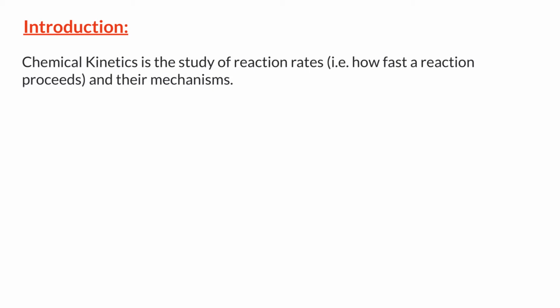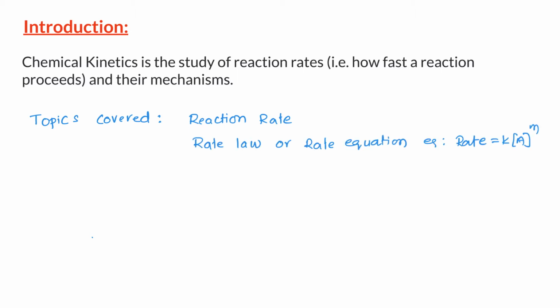In the earlier videos, we defined chemical kinetics as the following. Chemical kinetics is the study of reaction rates, that is, how fast the reactions proceed, and their mechanisms. So far, we have discussed what a reaction rate is and how the reaction rate depends on the concentration of the reactants. We also discussed that the equation that connects the reaction rate and concentrations is called the rate law